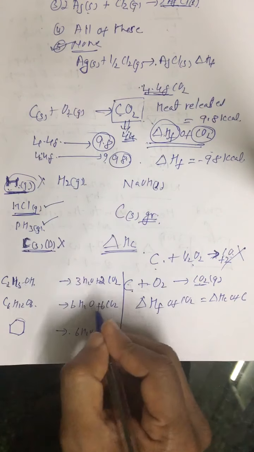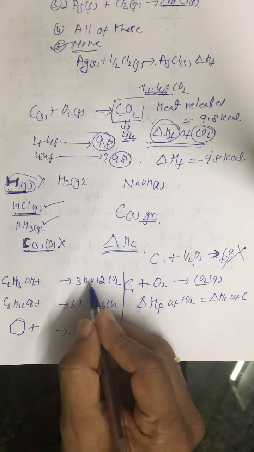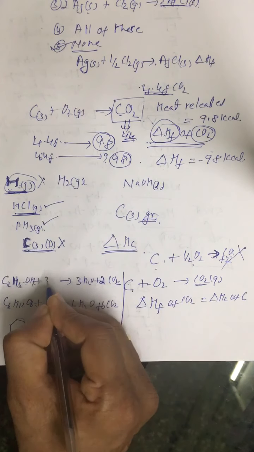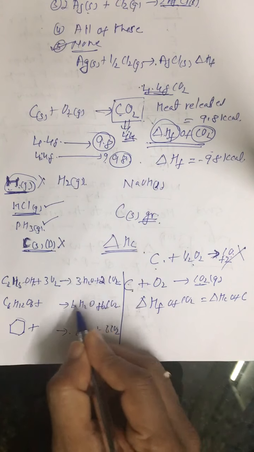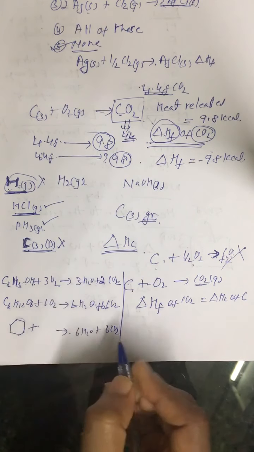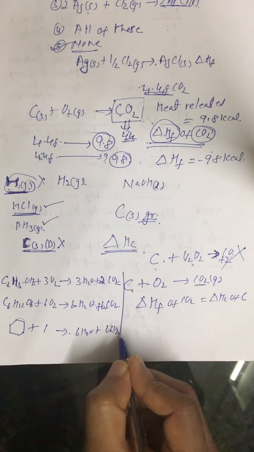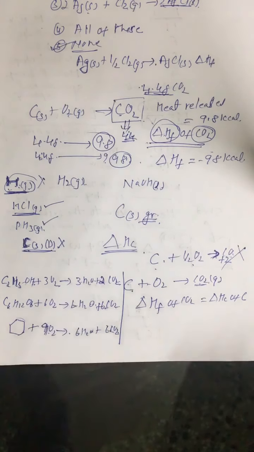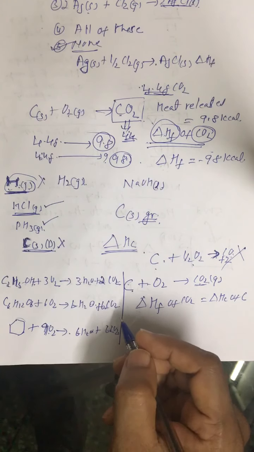And then you have to balance the oxygen here. It is 4 plus 3, 7, minus 1, 6, so thrice of O2 here. So 12 plus 6, 18, minus 6, 12 of O, or 6 of O2. Same goes here: 6 into 2, 12 plus 6, 18, means 9 of O2. So these reactions are combustion reactions.